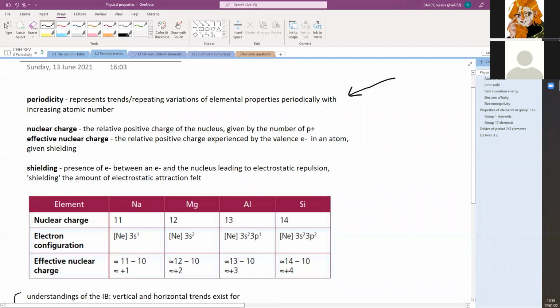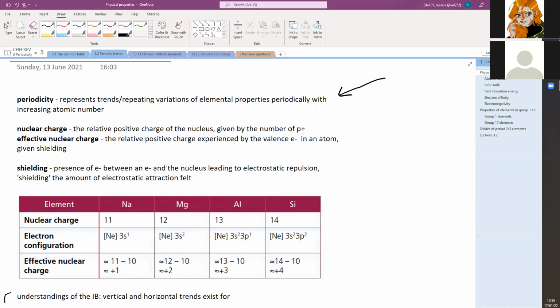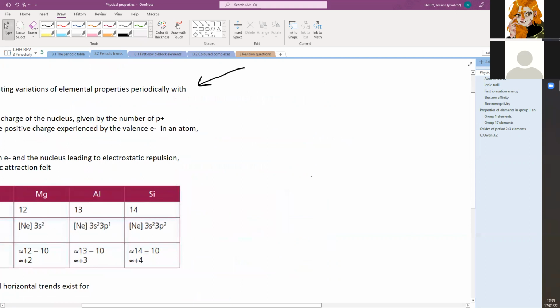Nuclear charge is the relative positive charge of the nucleus. So that's just the number of protons. So hydrogen has a nuclear charge of 1, helium has a nuclear charge of 2, etc. Effective nuclear charge is beneficial when you're talking about shielding. And so that's just the positive charge, not in the entire atom, but the positive charge that's felt by your